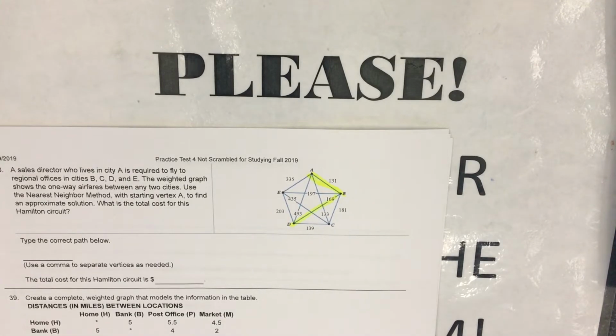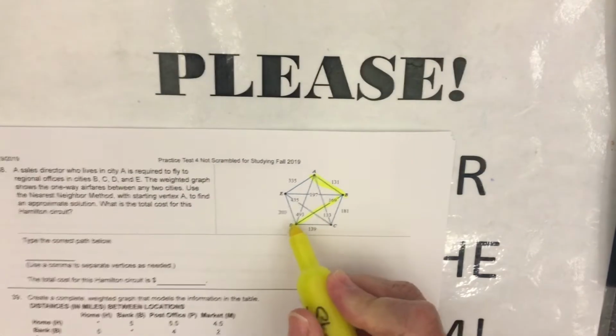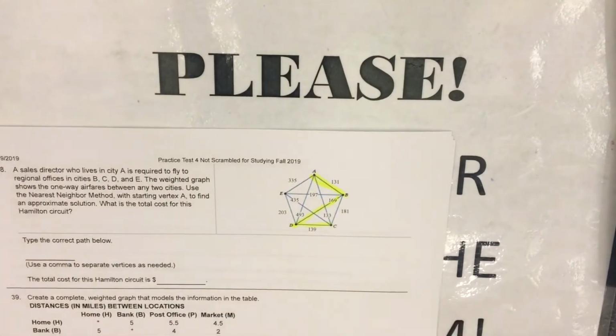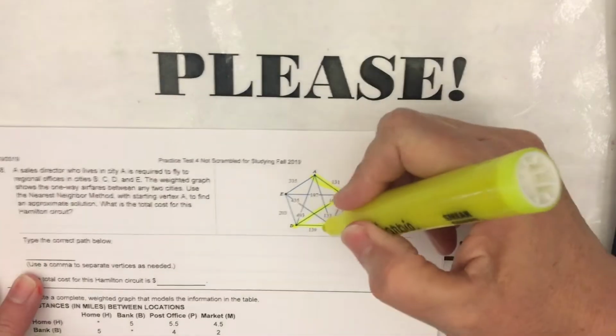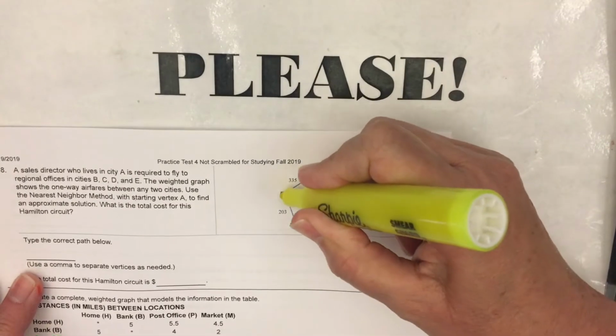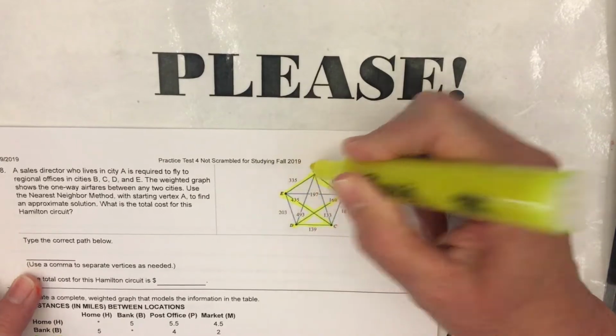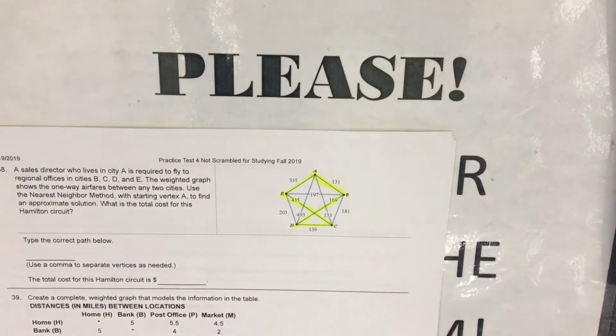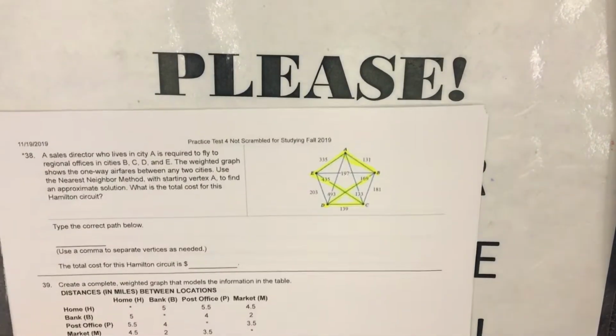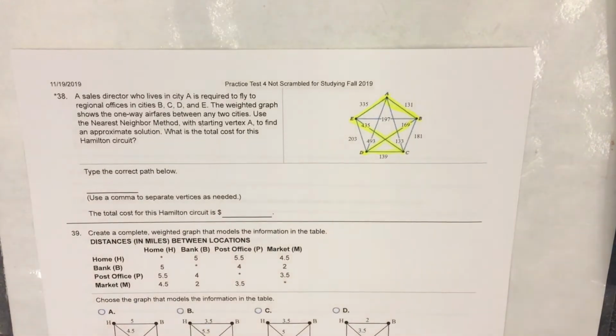I cannot go back to A yet. I got to finish the work. D to C, 139. Now from C, I'm forcing my hand. I have to go to E. And then from E, I have to go back home. So the route we're going to take with nearest neighbor,